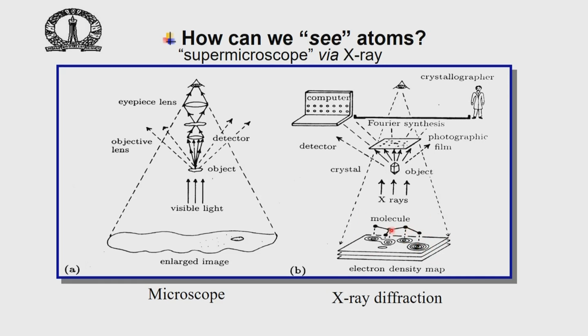Wherever there is an atom, we have a large amount of electron density, as you all know, and therefore, depending on the strength of the electron density, we can also find out which atom is what, and we get the entire structure. The structure comes in the situation of a single unit cell. Within the unit cell, we know the equivalent points, and therefore we can determine the structure associated with the asymmetric unit. So, what we eventually look for is the structure associated with the asymmetric unit in the unit cell.